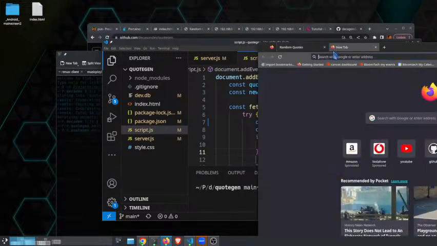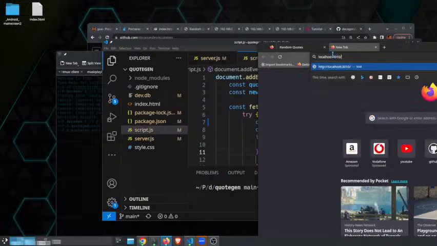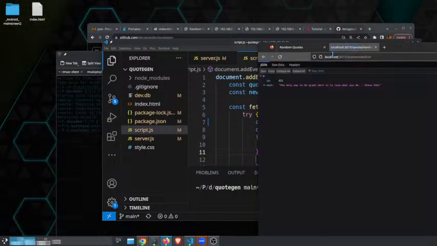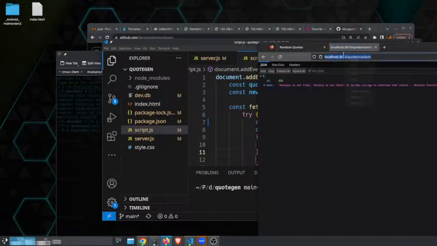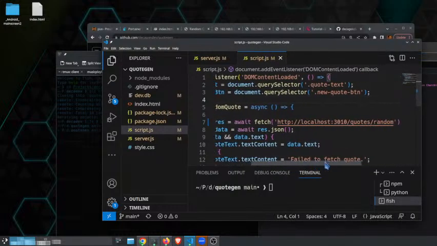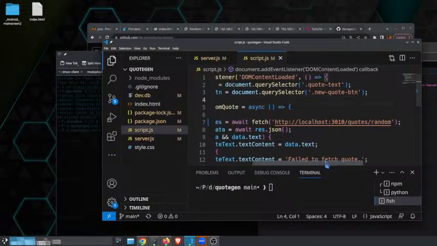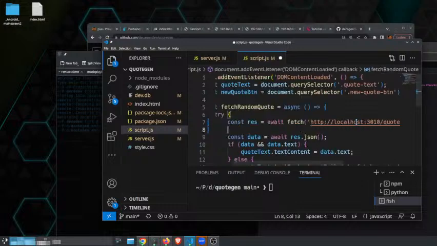So if I hit it, it seems to give me random quotes, fine. So I'm not too sure why the fetch is not working. Fetch random quote, localhost colon 3010 quotes random. So that shouldn't be a problem. I'm going to do a console log